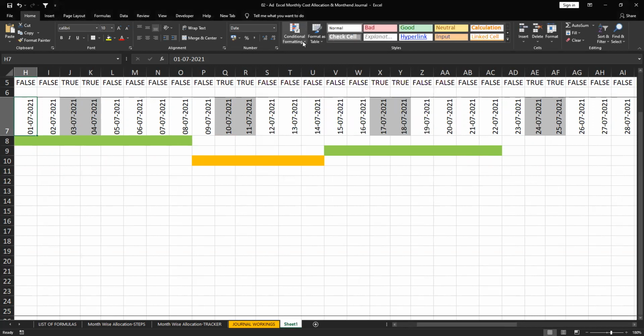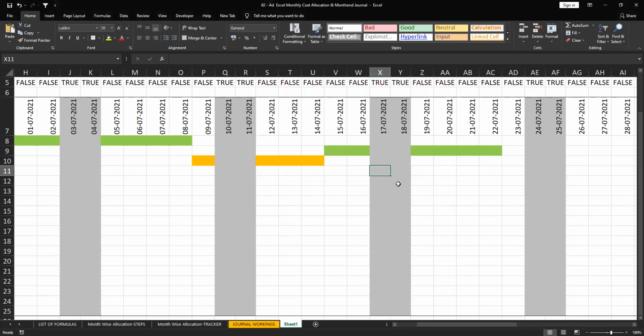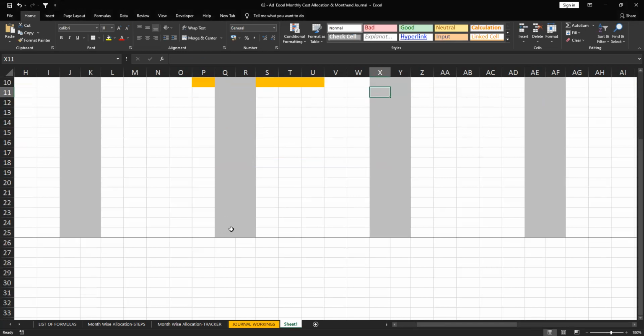I'm doing it again. Go to manage rules. I selected and pressed backspace or delete, then 25. That's all you need to do. Don't copy paste, or many rules will be created, and that's why you see many colors in your area report. Carefully select and type the range manually. Then okay. Here exactly 25 rows are extended automatically.